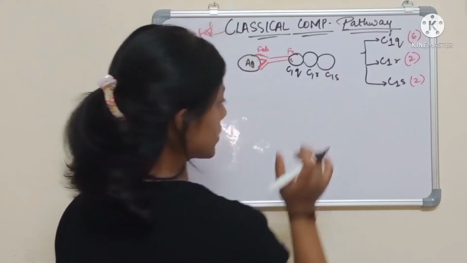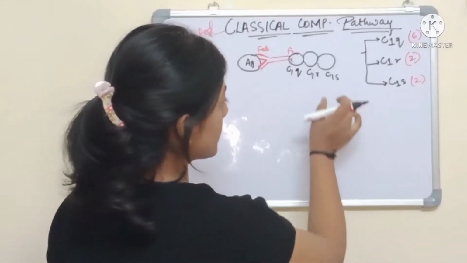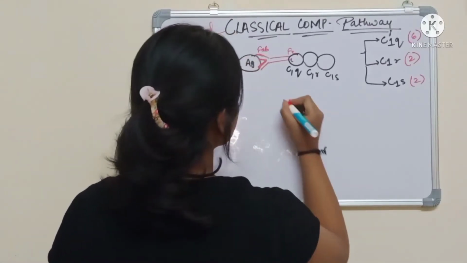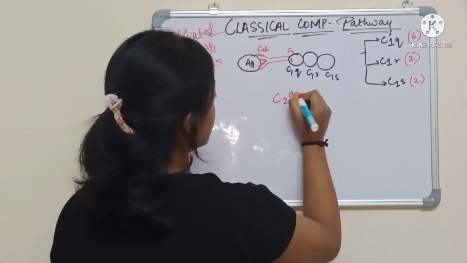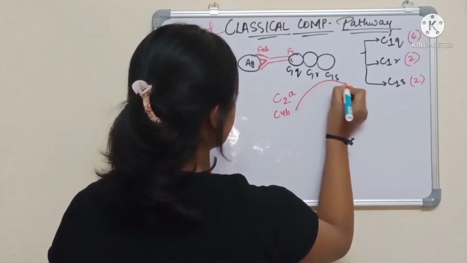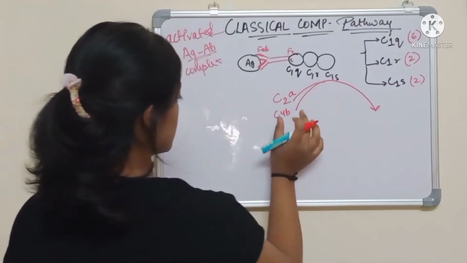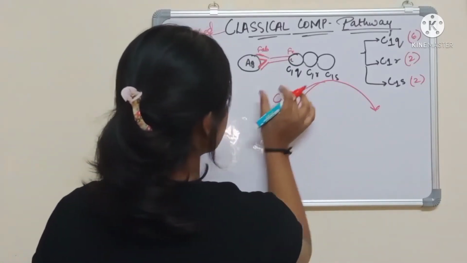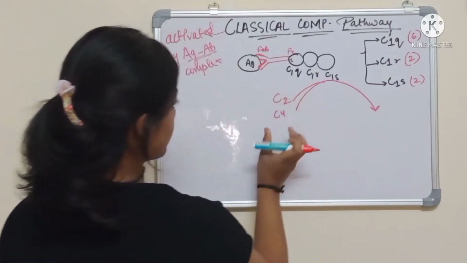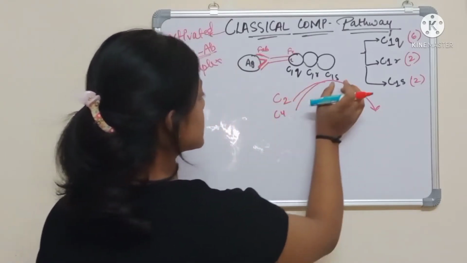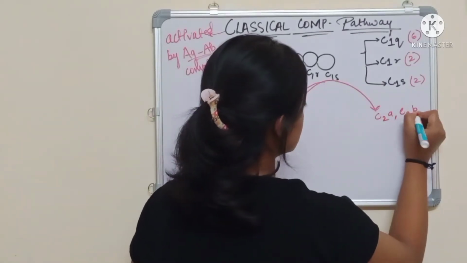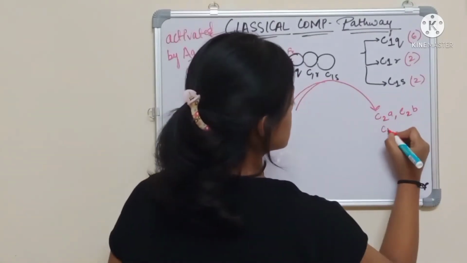Now C1s is a protease, so it will cleave two other complement proteins, that is C2 and C4. C2 and C4 are cleaved by C1s into C2a, C2b, and C4 is cleaved into C4a and